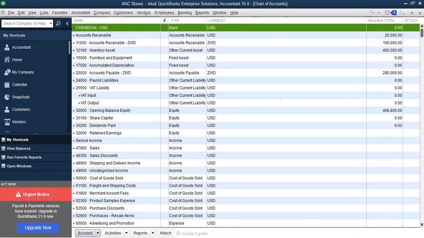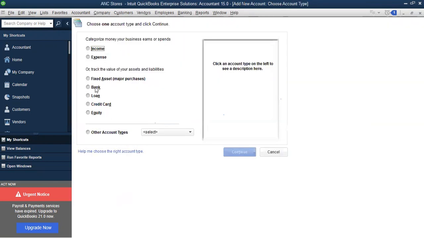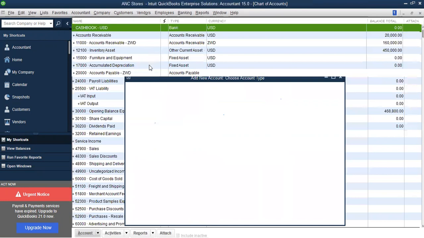Right, let's come here and say new. Let's come here and say new and new account. Then this is a bank. You want to create a bank account. Then you say new like this. Then you come here and say,